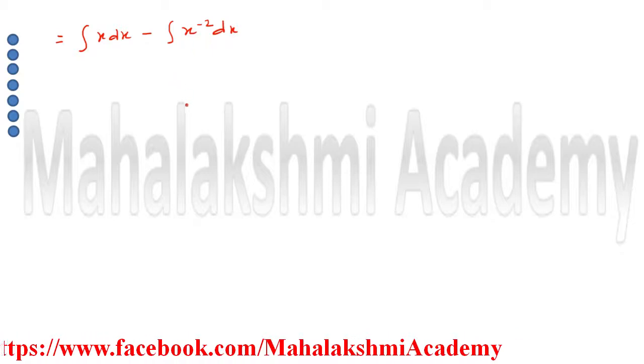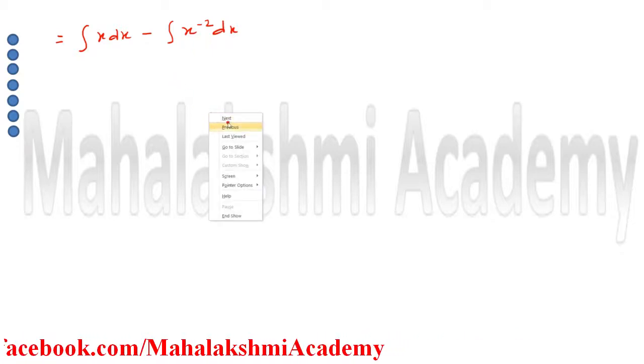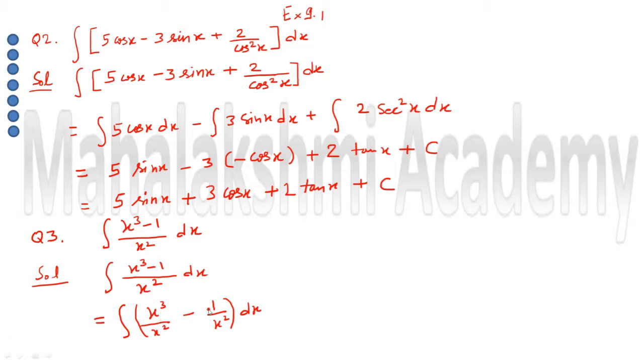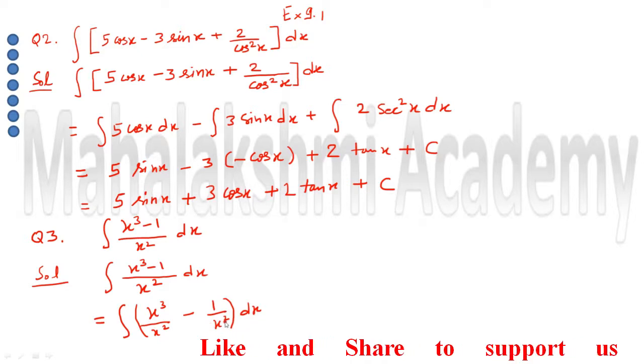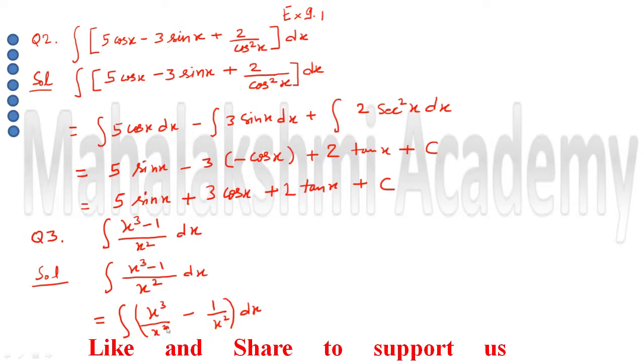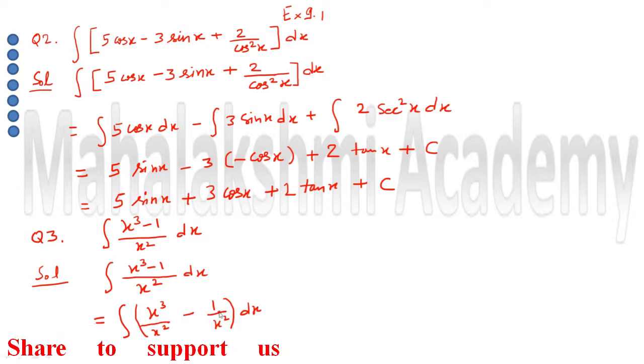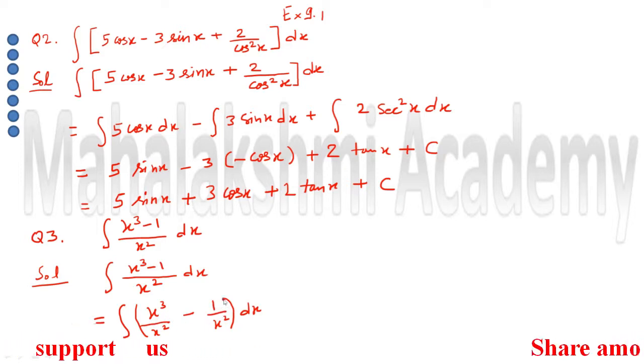We will see in the previous phase, then only you will understand. So just see here, x cube upon x square. When we divide here, what will we get? Only x. And this 1 upon x square will shift to the numerator, so it is going to be x to the power minus 2. And then when we open this bracket, this dx will distribute here also and here also. So what's the conclusion? What's the answer here? Here only x, and here we will get x power minus 2.